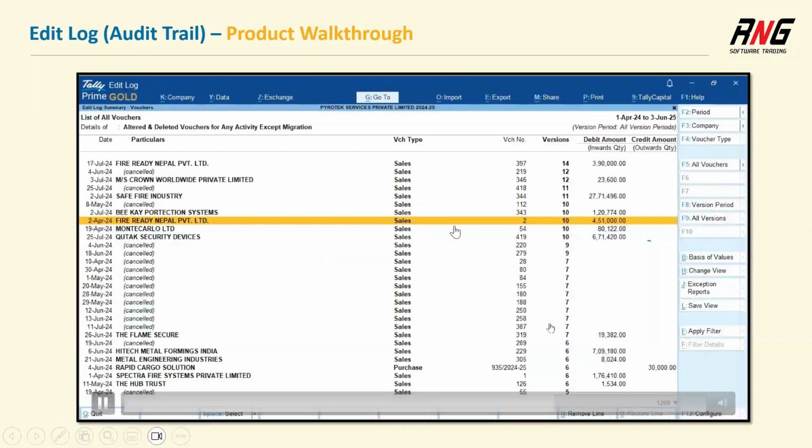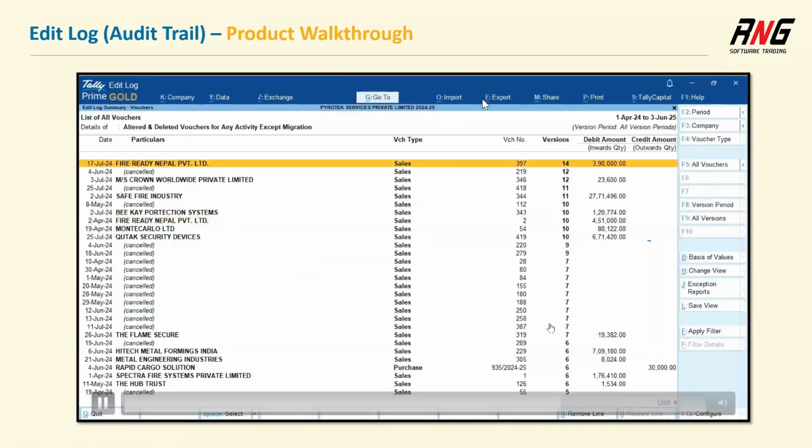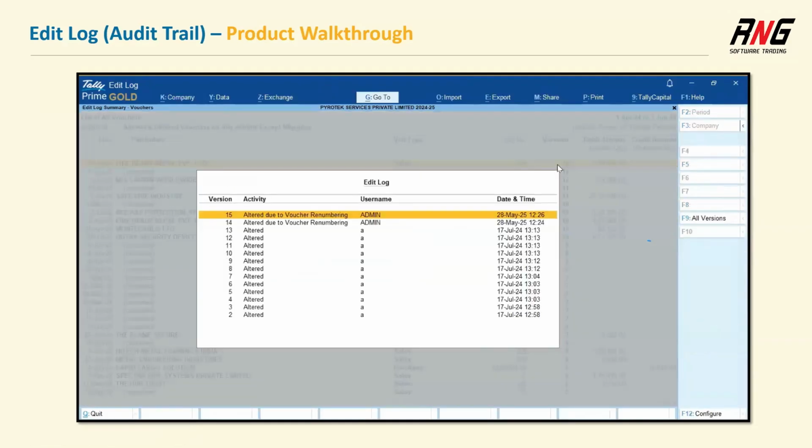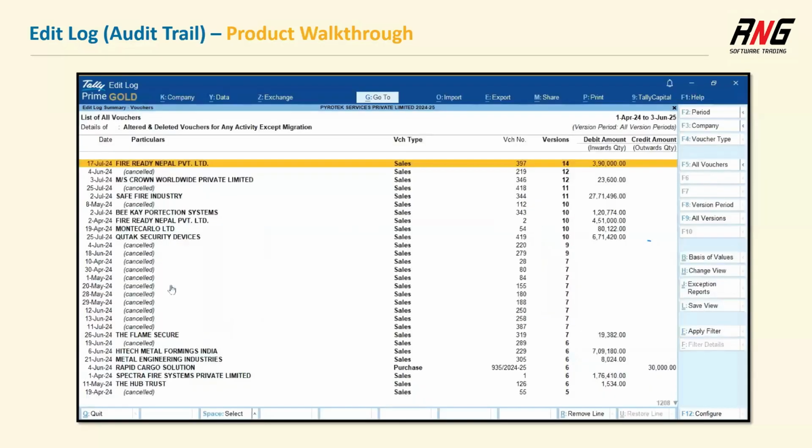I'll just save this. So here you can see the highest number of versions that has been edited is 14. Then comes 12, 11, 10, 9, 7, 6. So you can filter out, or maybe sort it by the highest number of versions that has been edited on a particular voucher. And then you can track what is the reason he has done almost 15 times, or maybe these many